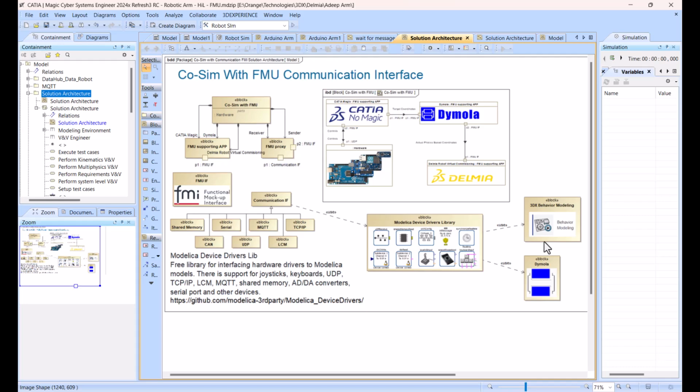Those packages are generated, which can be added to the tool supporting functional mockup interface, and they start communicating using one of those communication protocols: shared memory, serial, MQTT, TCP/IP, CAN, UDP. So it's out of the box. We don't need other type of integration. We get bidirectional fast synchronization of the properties,